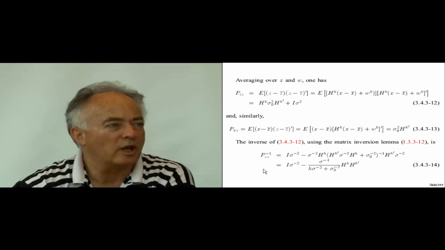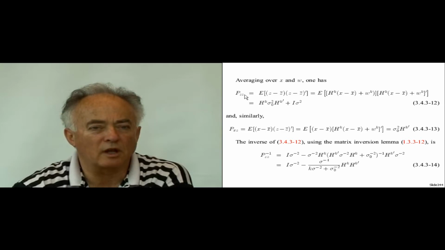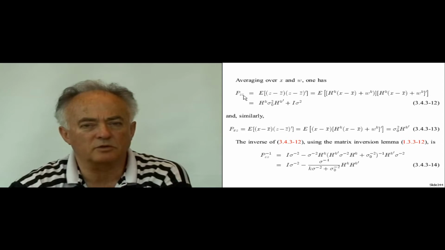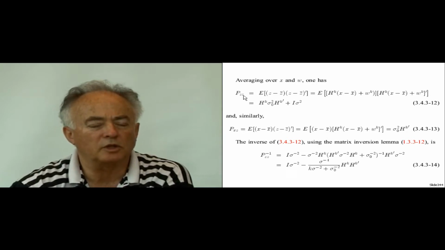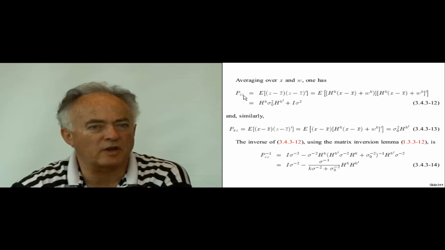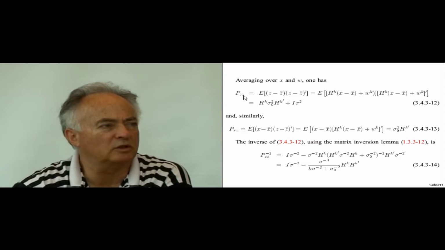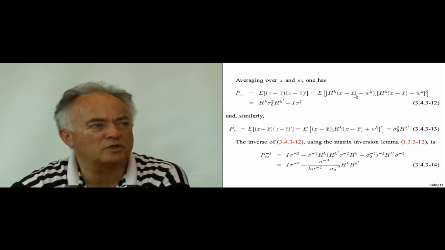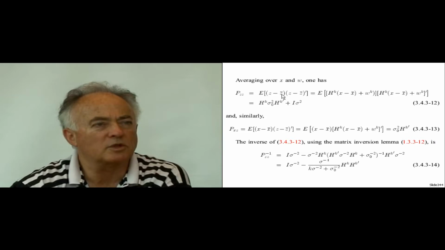And we can calculate, for the purpose of the LMMSE, the PZZ. This is the covariance, really a variance, because it is a covariance matrix because Z is a vector. Now it's really a stacked vector. So the expected value of Z minus Z bar times the same thing transpose, I can write the Z as HX plus W. The Z bar is HX bar. This is the mean of Z, Z bar,